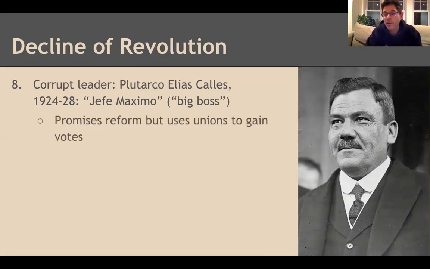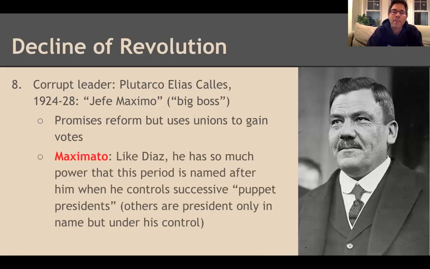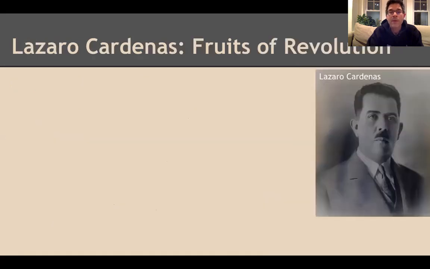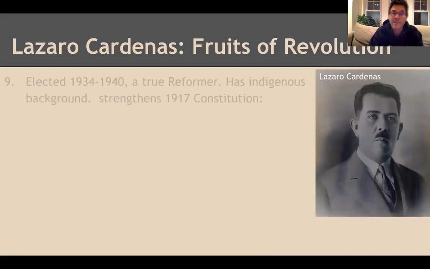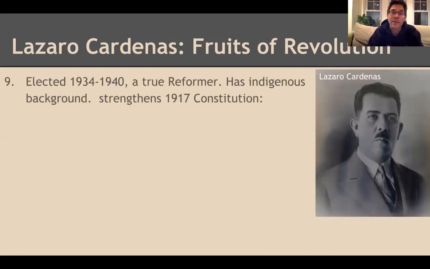which is crazy. It'd be like having an American president who put his name on buildings and named things after him. All right, anyway, he promises reform, but really he just uses the unions to bring votes to him and the other candidates he likes. And he kind of keeps successive rulers under his control. Eventually, this guy's elected, and Calles is sure that Lázaro Cárdenas would also be a puppet. But Cárdenas, one of the first things he does is he kicks Calles out of the country.